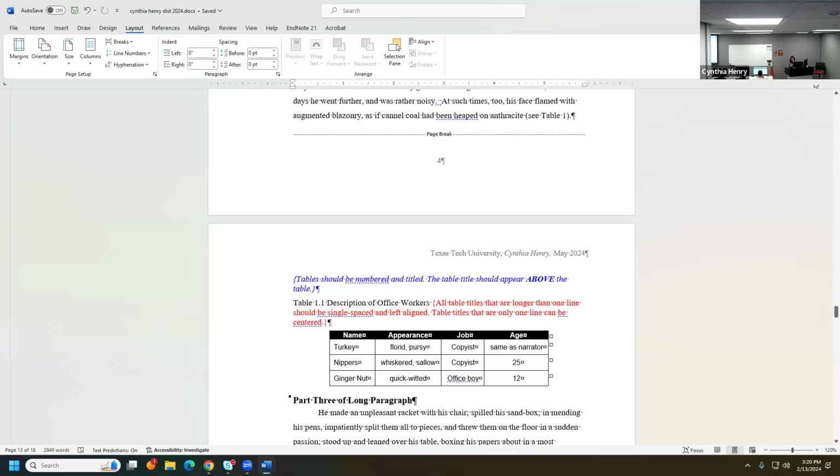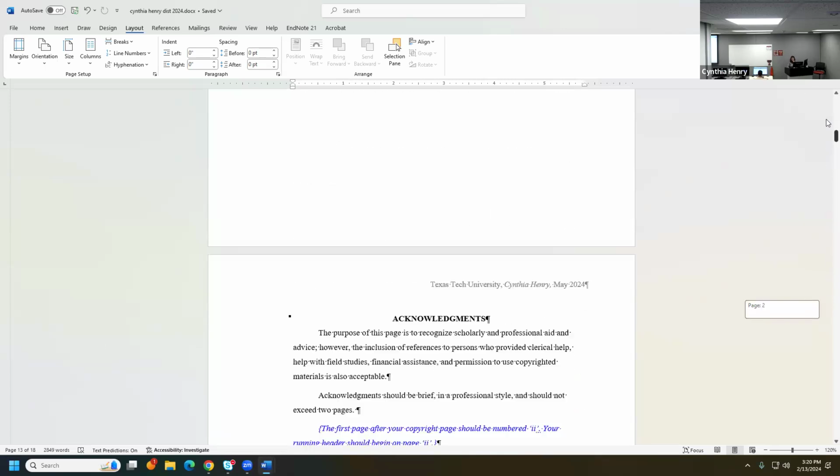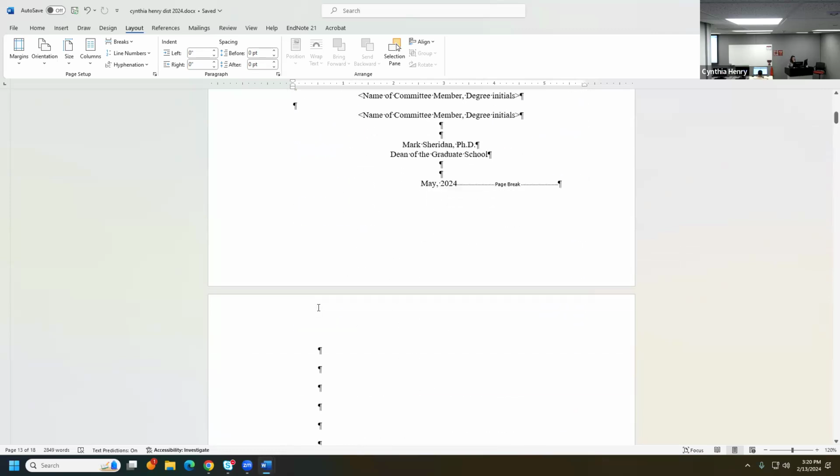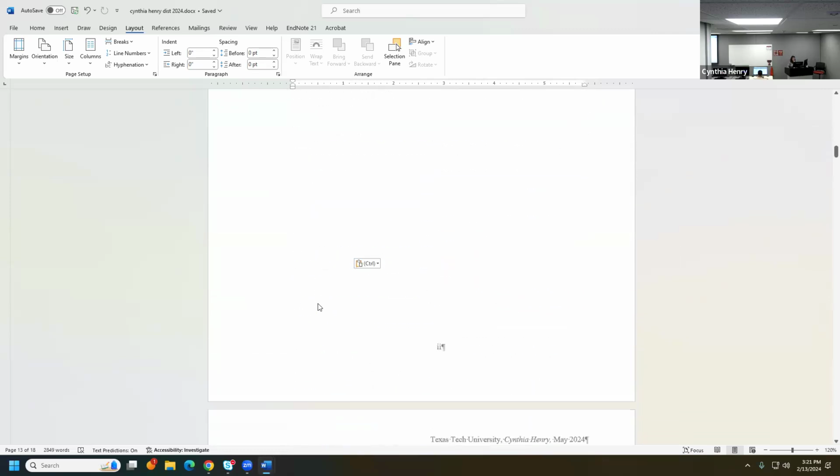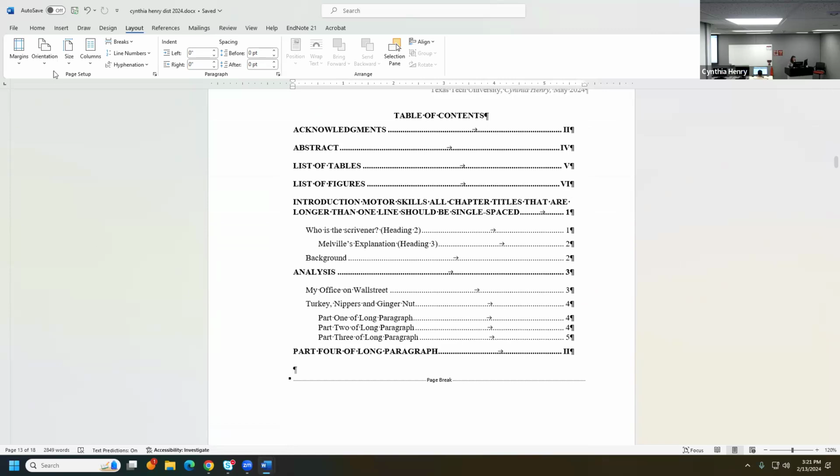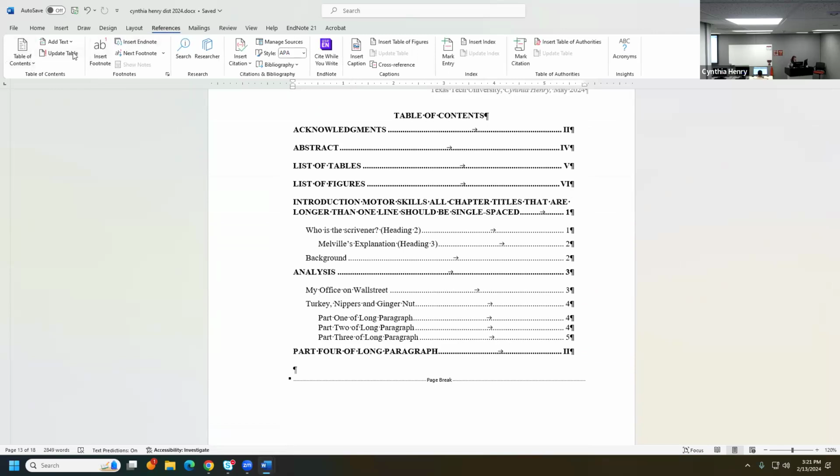Should we update the table of contents and the bibliography and make sure we're in the right spot? Table of contents, the entire thing. And let's see, our bibliography should be down here. Okay, if there is nothing else here, I'm going to go ahead and move over to the